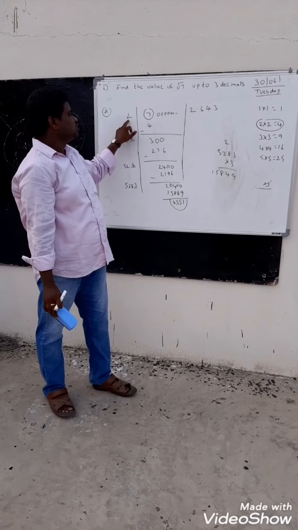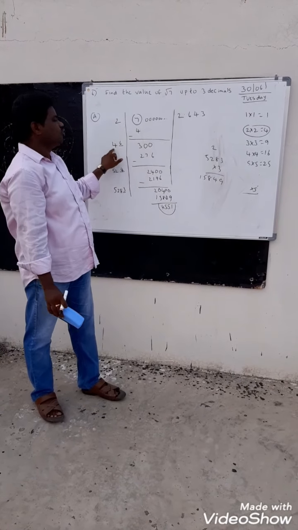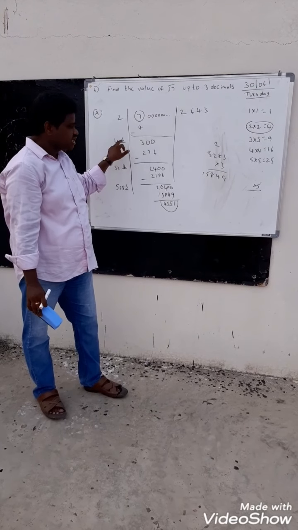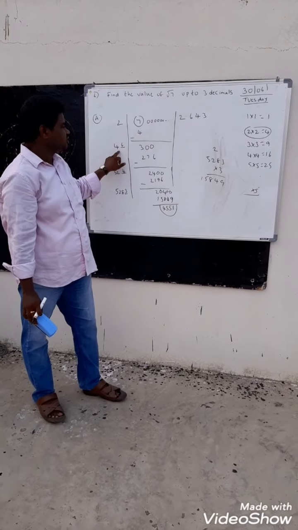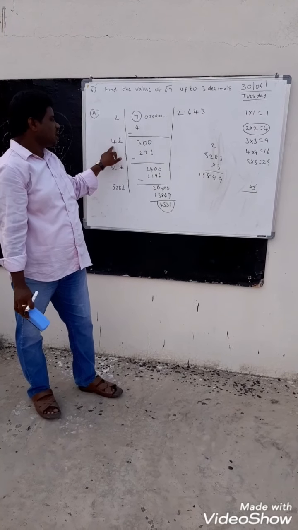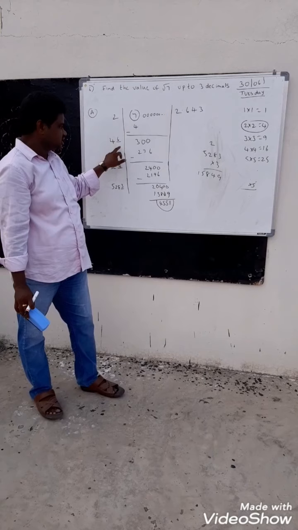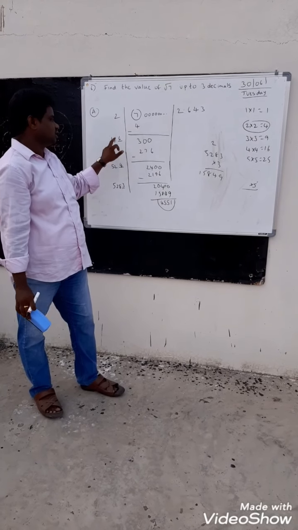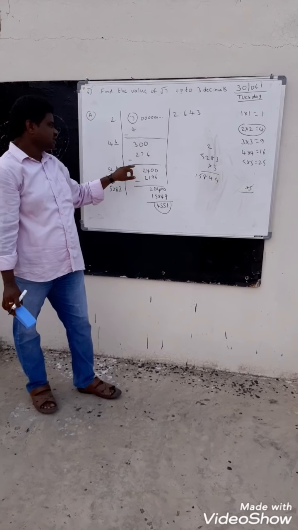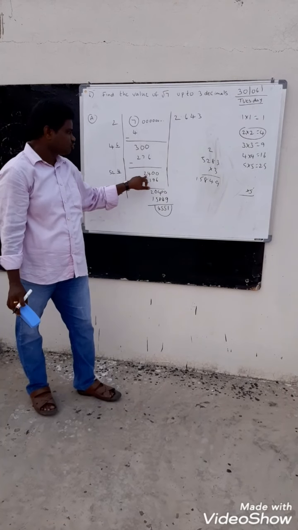After that, you have to add 2 plus 2, that is 4. That means beside 4 you have to place one digit. If you multiply with the same digit, you get 300. So beside 4, I place the digit 6 and multiply with 6 only. That is 46 into 6. You will get 276. Again 300 minus 276, you will get remainder 24.